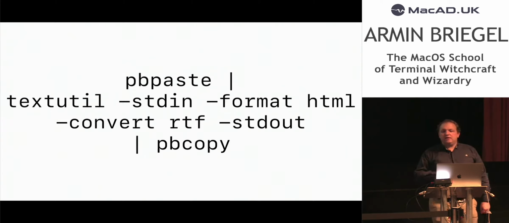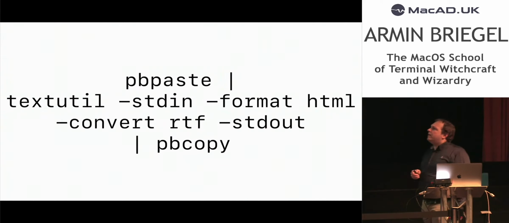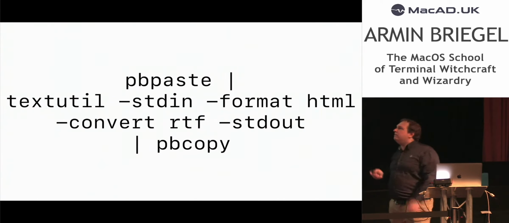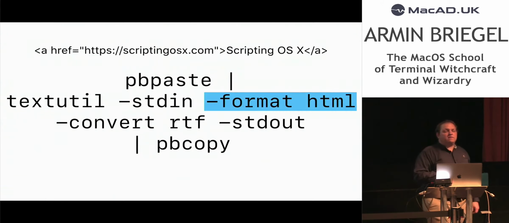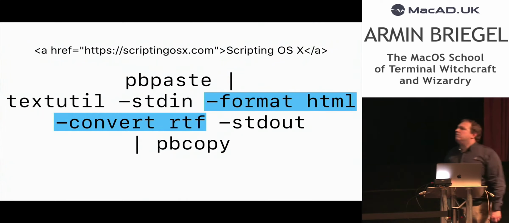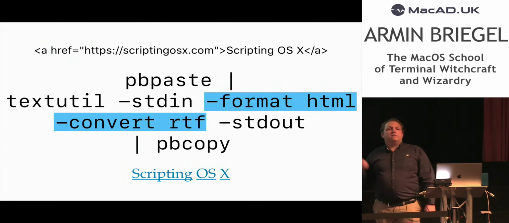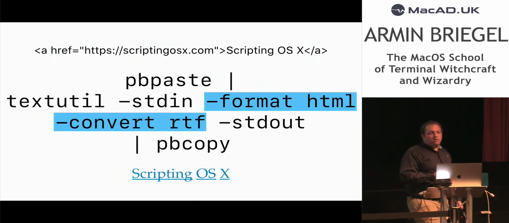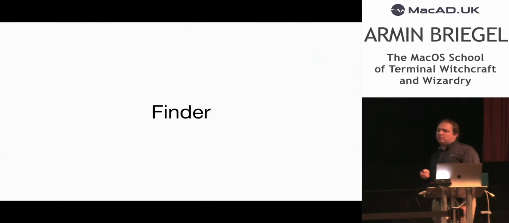This is one that I needed for a project quite frequently. TextUtil is actually a really useful utility built into macOS that will convert different text formats into one another. This command will take a snippet in HTML, it doesn't have to be a complete HTML document, and convert it into RTF and put the RTF back into the pasteboard. And yeah, if you need quick changes, read the TextUtil man page for details.